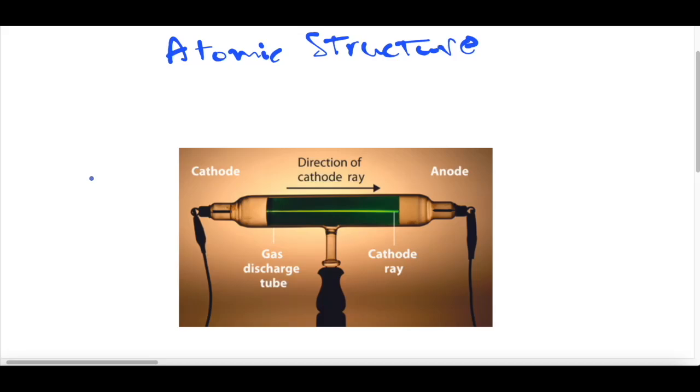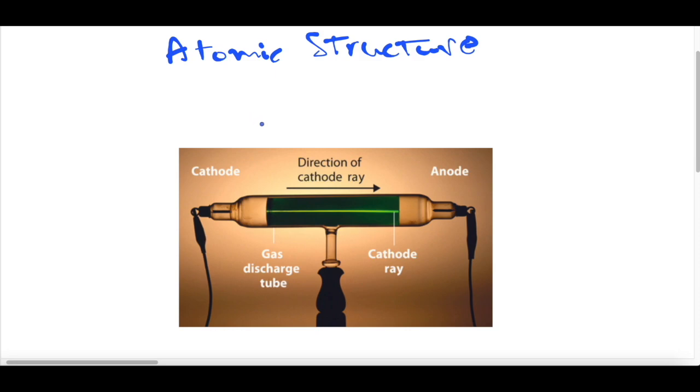In this video, we are going to talk about the discovery of the atomic structure. So, we have seen previously that the modern atomic theory stated that all matter is composed of indivisible particles that are called atoms. But at the end of the 19th century, scientists proved that atoms were not the most basic